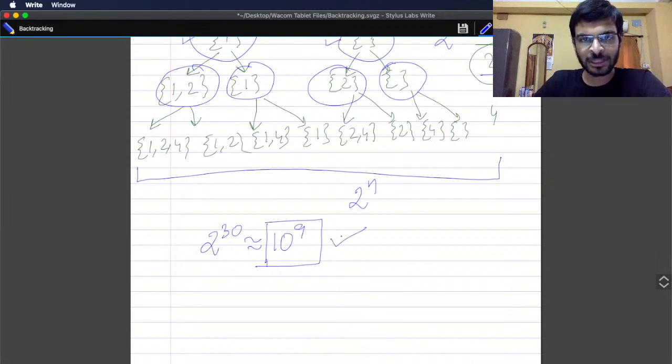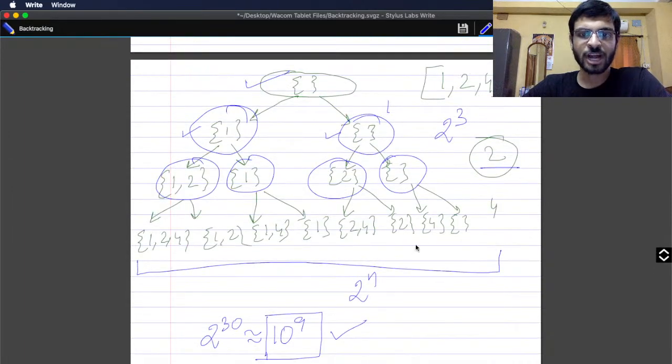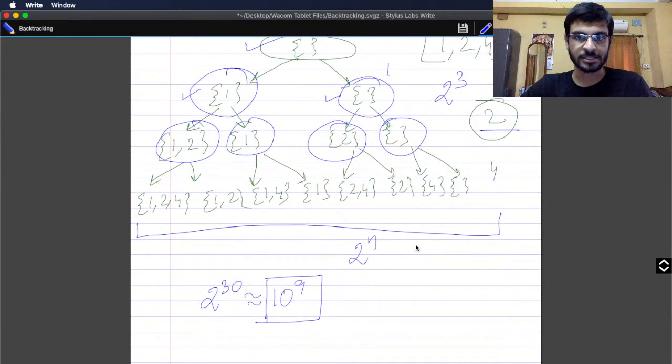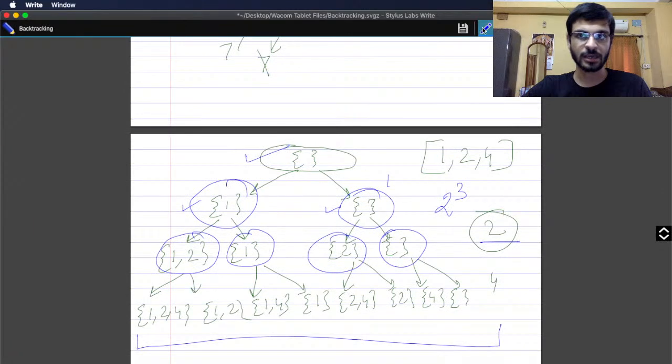Even 10 to the power 9 is impossible. 10 to the power 9 integers you cannot store. So much storage can't be borne by us. So there is another strategy, which is basically the principal strategy of backtracking, which we use, where we say that